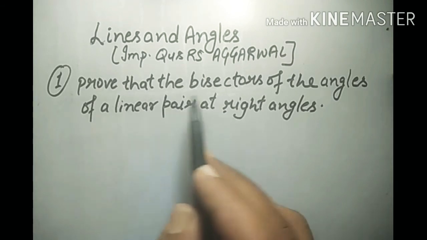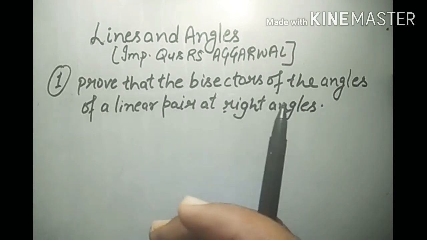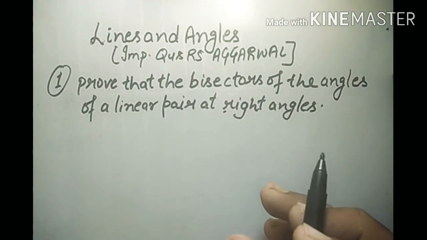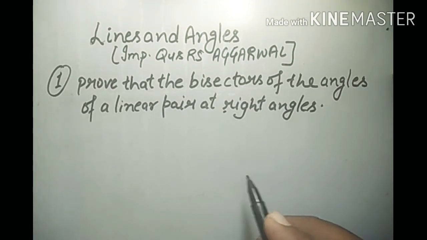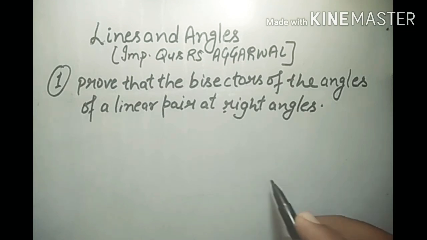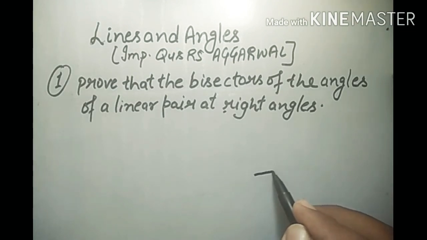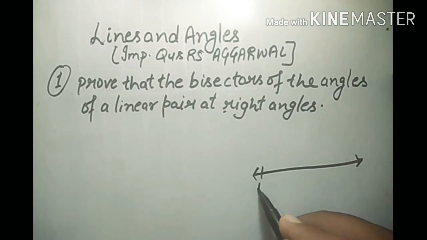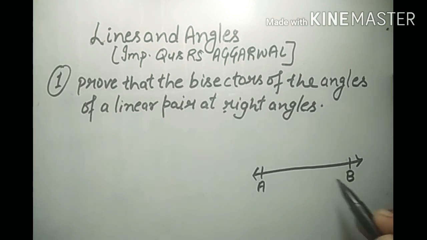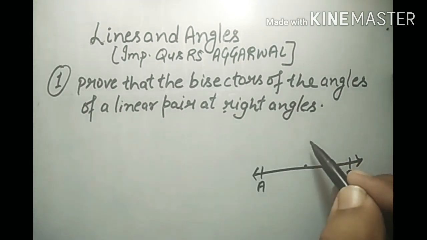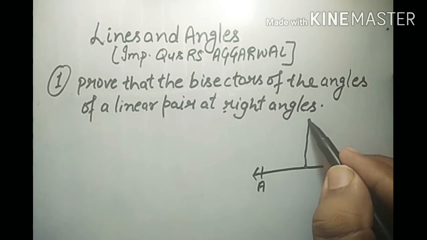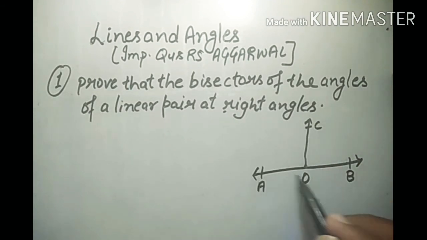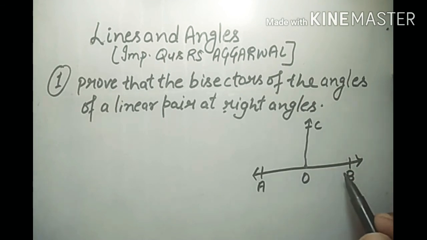Okay, so here it is given a pair of linear pair angles, and the angle between their bisectors is equal to 90 degrees. We need to prove that. Okay, so to solve this question we first need to draw a figure. Here it is a line AB and ray OC stands on it. Okay, so angle AOC plus angle BOC forms a linear pair,